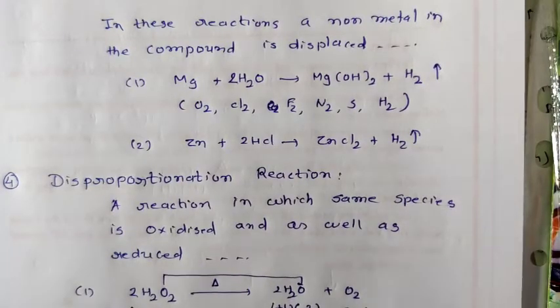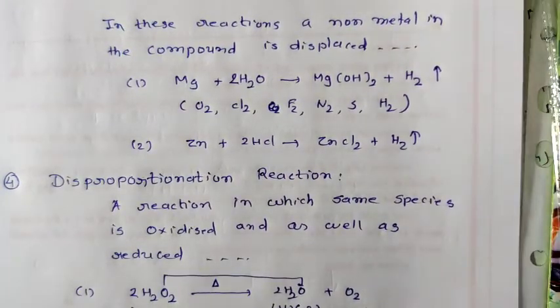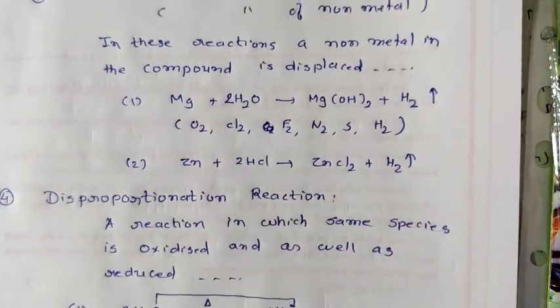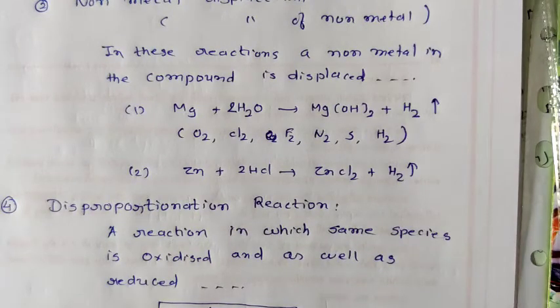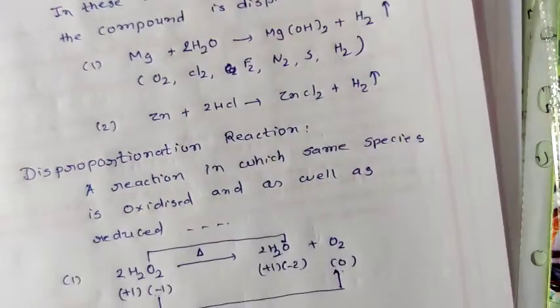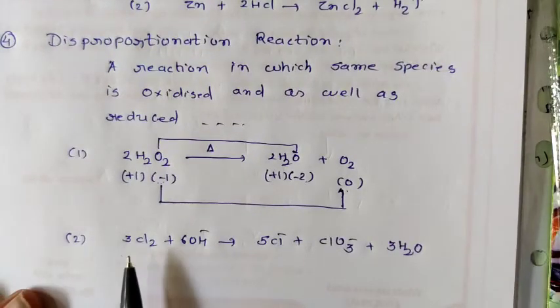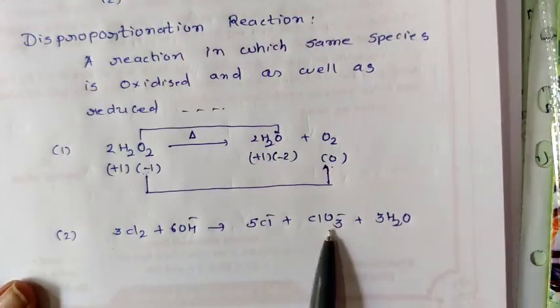Cl2 gives Cl minus, ClO3 minus, H2O. Dear students, don't be tense about balancing this type of reaction, because in this chapter I will explain with you all about the balancing of chemical reactions. A question may arise in your mind: sir, how can we decide the balance of the reaction? It is very tough for us, because if we remember more than 500 reactions, how can we remember the figures of this reaction? This is the reaction: 3Cl2 plus 6OH minus gives 5Cl minus, ClO3 minus, 3H2O.